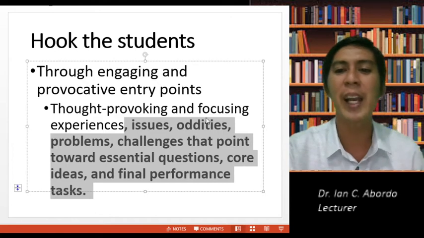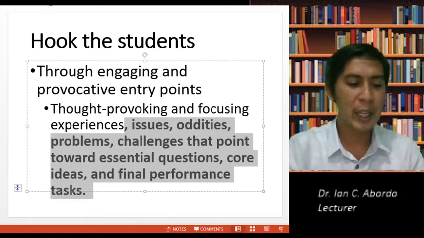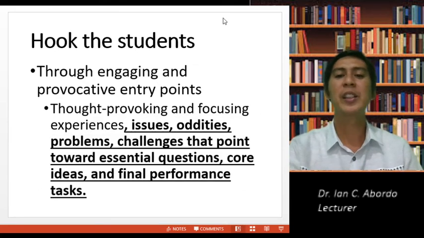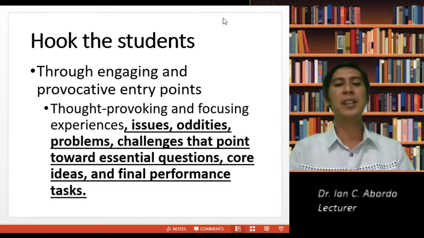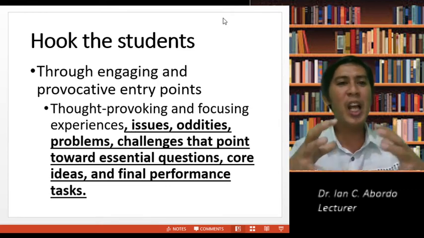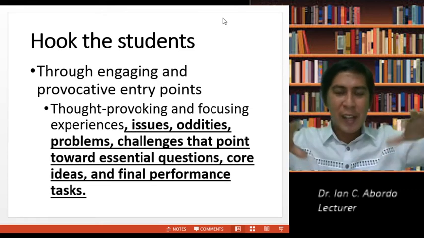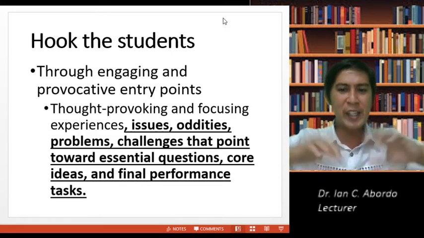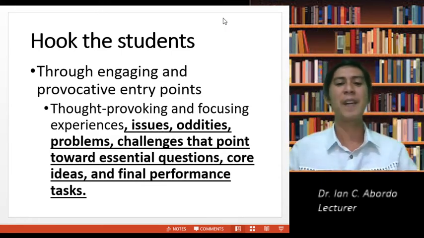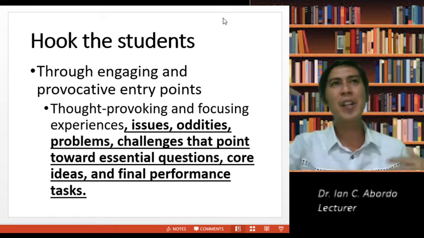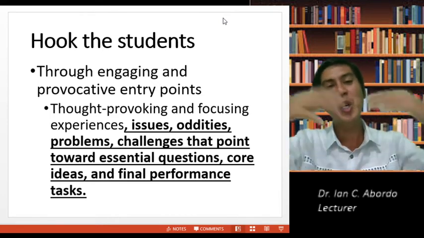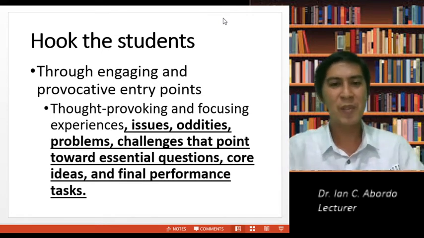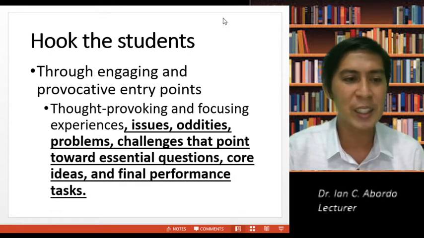I will highlight and probably underline: issues, oddities, problems, challenges. You write that in the module. Essential questions if you would like, core ideas that we are starting to uncover. In fact, you can also write the performance test, and that's the hook.